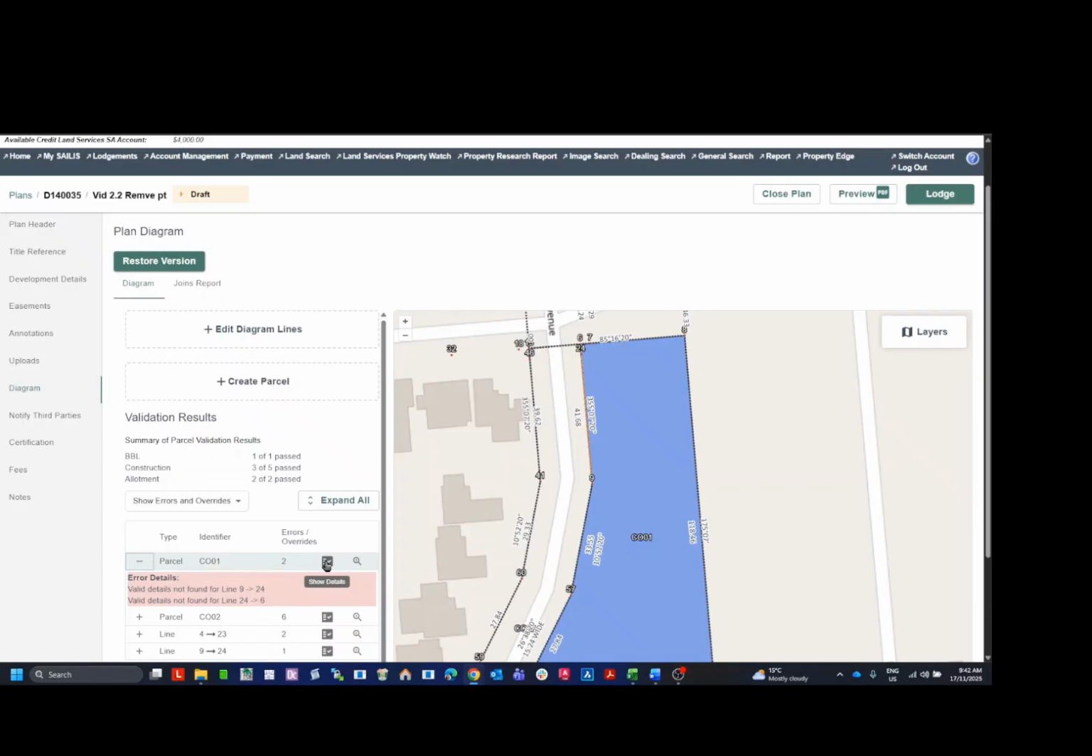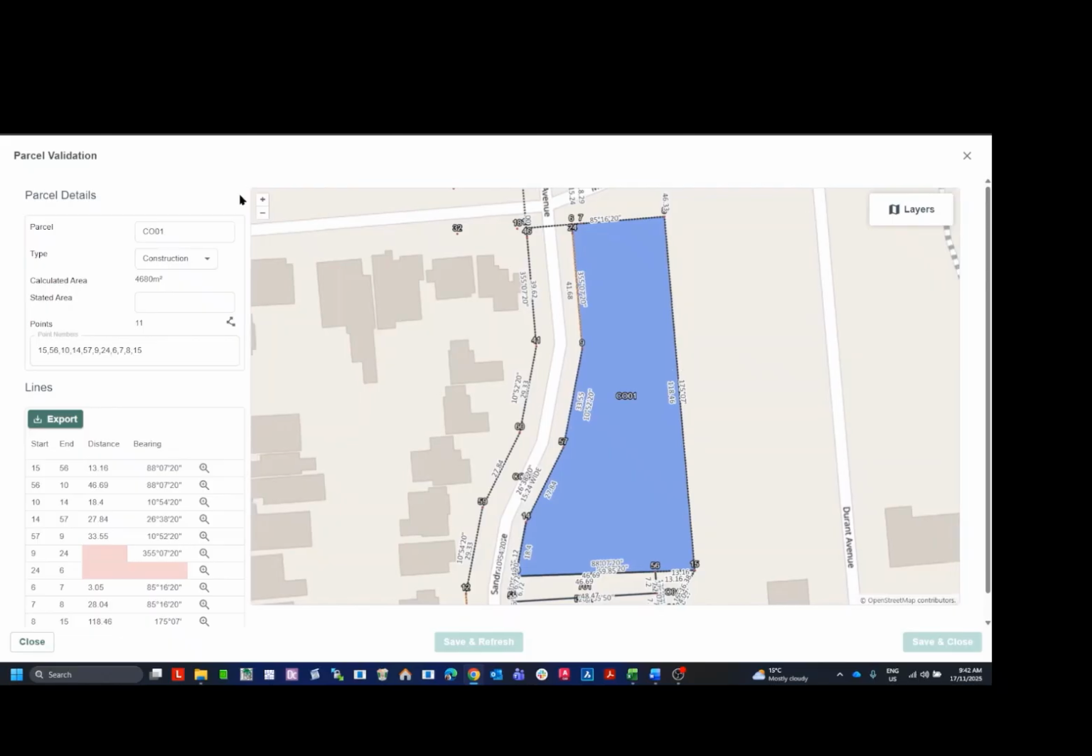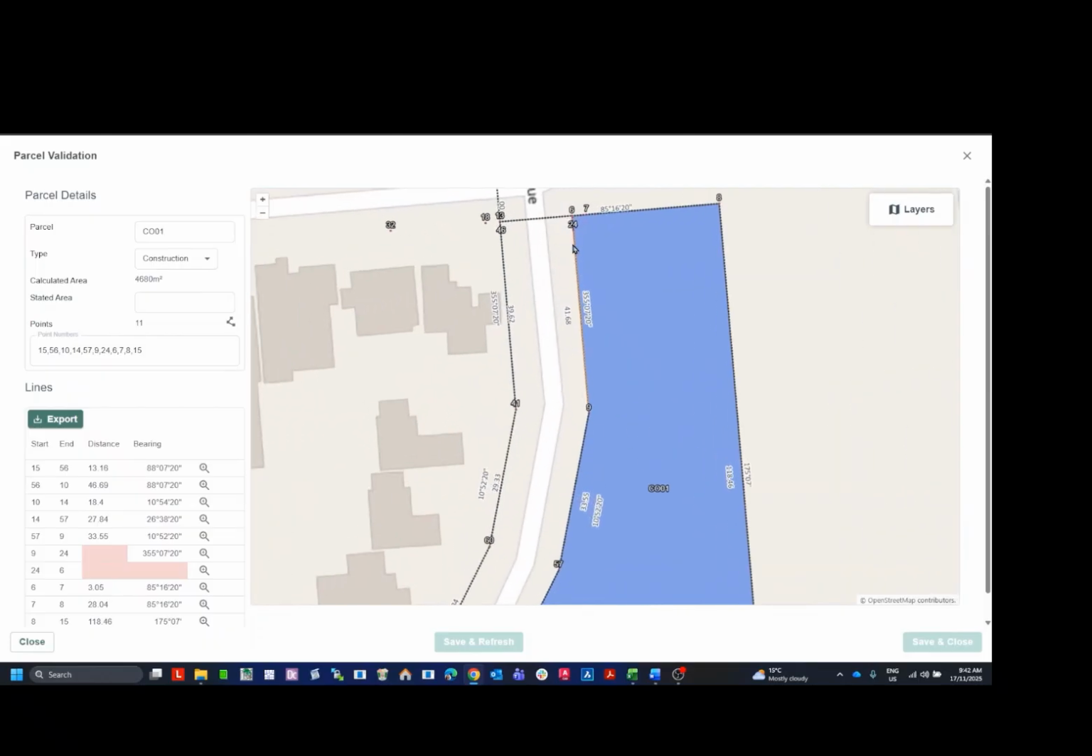Again, I'm going to go to show details and the edit parcel details button at the top here. So what I need to do is just confirm that the distance does need to go from 6 to 9. And what I will need to do is remove point 24 from the closure. The easiest way to do that is to go to this points box and just delete point number 24